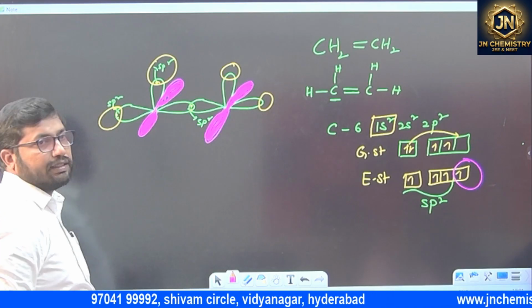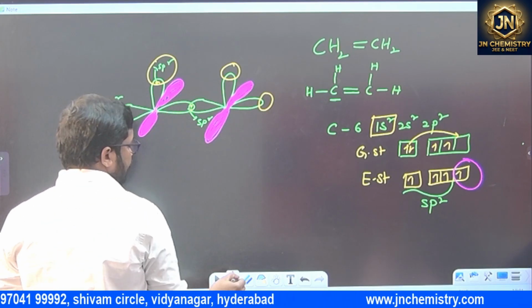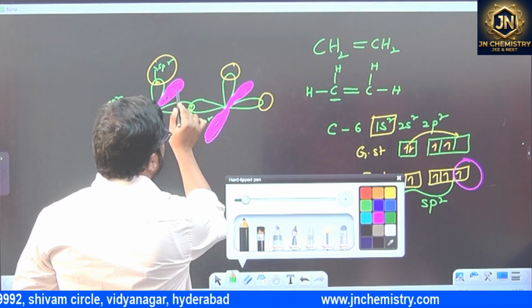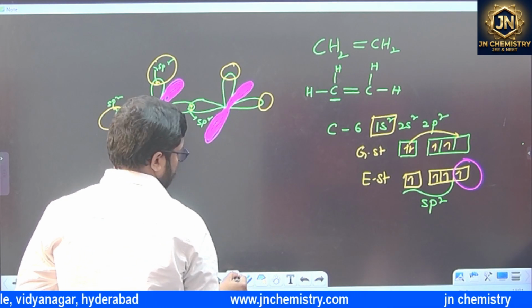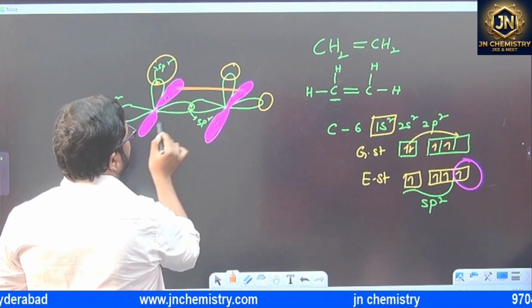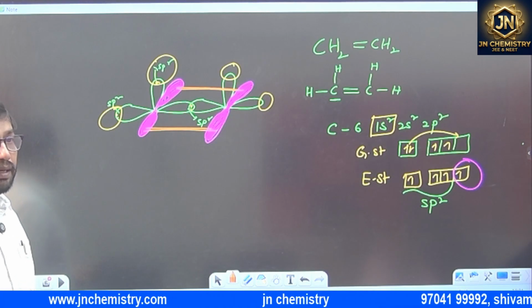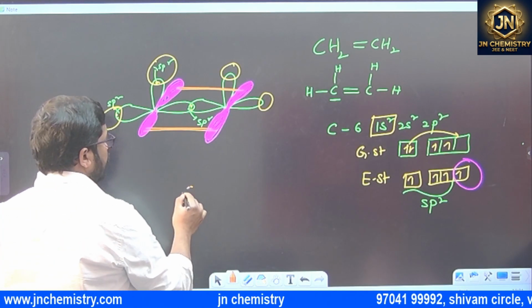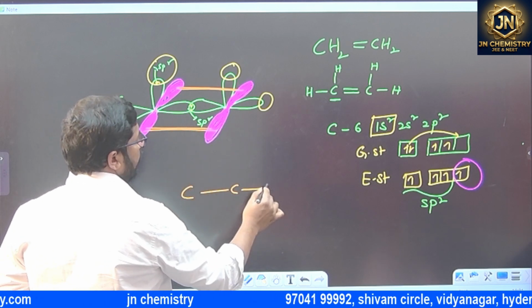Pure p orbital, this is pure p orbital. It undergoes sidewise overlapping. Sidewise overlapping, nothing but what we will get? Double bond. So the first carbon and this carbon are sp2, sp2, with hydrogens,